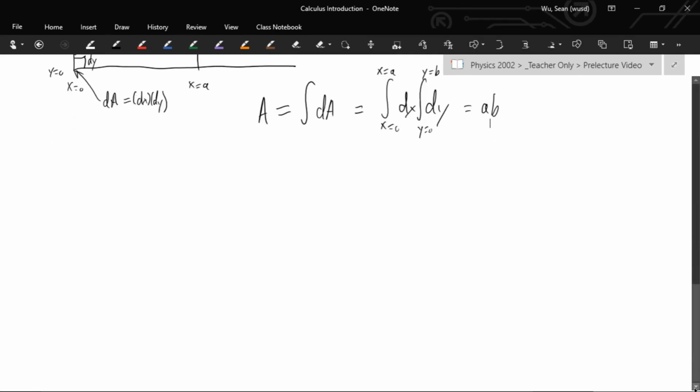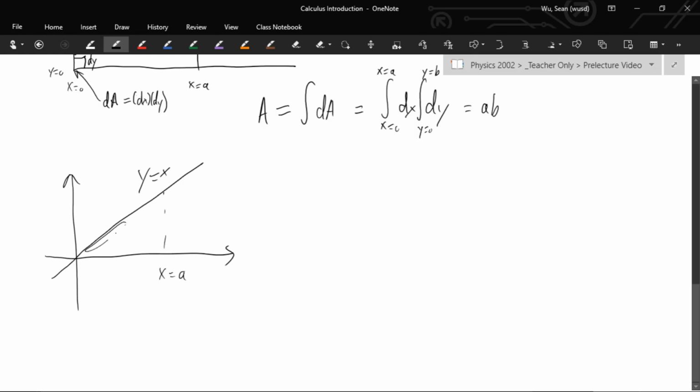Now, to recover our familiar area under the curve way of looking at things, say that this is the line y is equal to x. We would do the same thing. So if we want to go up to some x is equal to a, and we want to find this area right here,